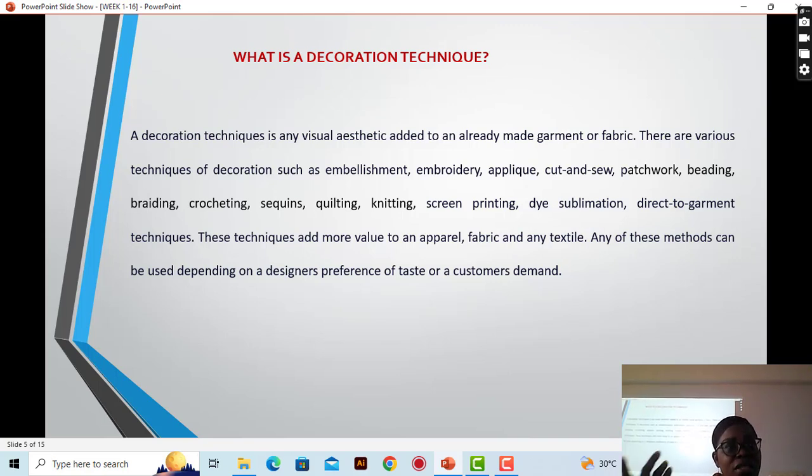We can even feel it, which means you can rub your hands over whatever you are doing. So there are various techniques of decoration, such as we have mentioned in the examples. I have also added some and given explanation of them. So you can see there's a long list of